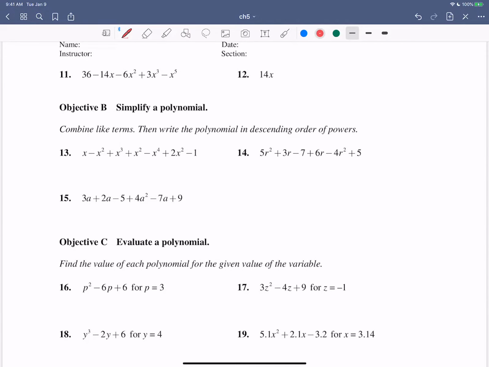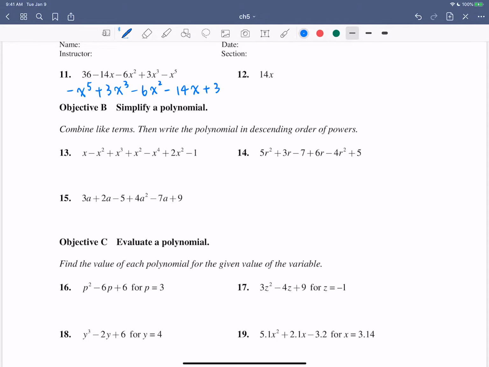Number 11. Follow the same idea, identify the highest exponent that you see in this expression. It will be the very last term. So that will be the first one, negative x to the fifth. And then we don't have a term that has a 4th degree, therefore we skip to the next one, which is the 4th term here, plus 3x to the third. Followed by the third term, negative 6x squared, and then negative 14x, and then we have that constant term